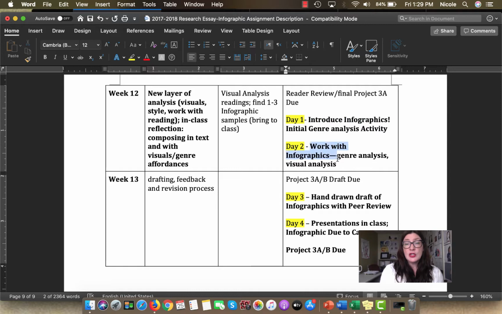Then on day 2, part of their homework has been to go find samples of their own. And then they bring those in, we break into groups once again, and we do more genre analysis. But this time, our question is not just what is an infographic, but what makes a good infographic. So students are asked to add on a layer of analysis here that pushes them into some rhetorical analysis along